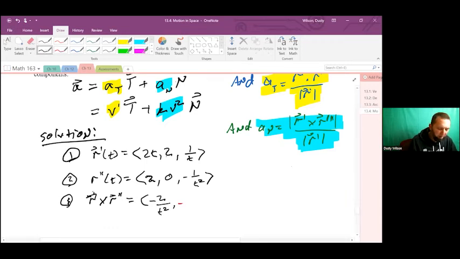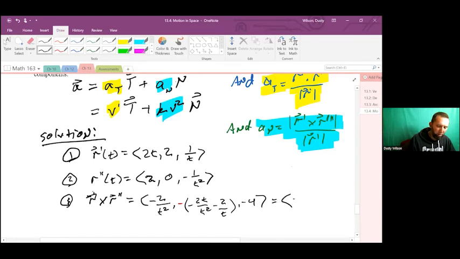And so we have minus 2t over t squared, and then minus 2 over t, comma, it looks like we have minus 4,